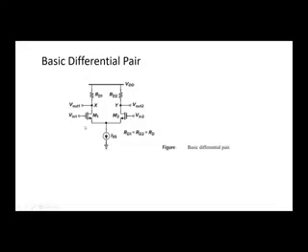Thus, if Vin1 and Vin2 are equal, the bias current of each transistor is equal to ISS divided by 2, and the output common mode level is VDD minus RD times ISS divided by 2. It is instructive to study the large signal behavior of the circuit for both differential and common mode input variations. In the large signal study, we neglect channel length modulation and the body effect.